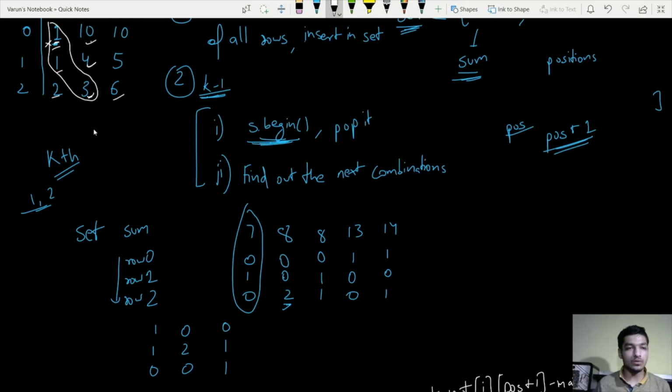1, 1, 0 would give us 10, 4, and 2, that would be 16. 0, 2, 0, that will be 1, 5, 2, it will give 8. And 0, 1, 1 would give 1 plus 4 plus 3, which is 8. Now see here, 0, 1, 1 is already present in the set, so we don't need to push another element